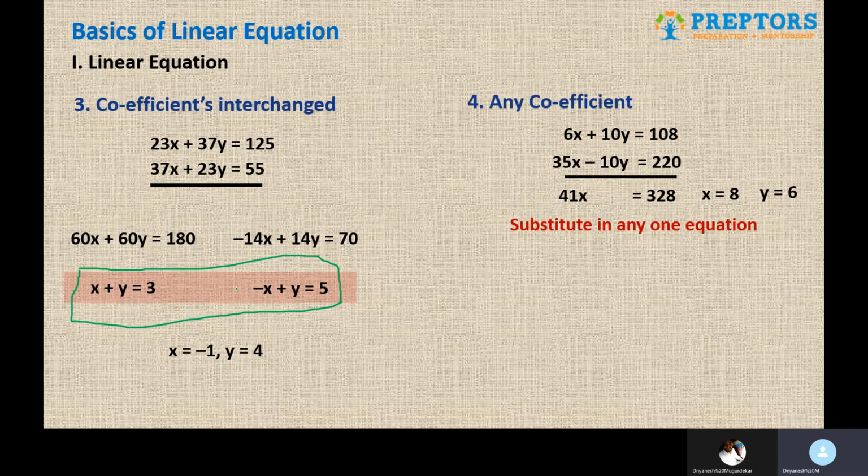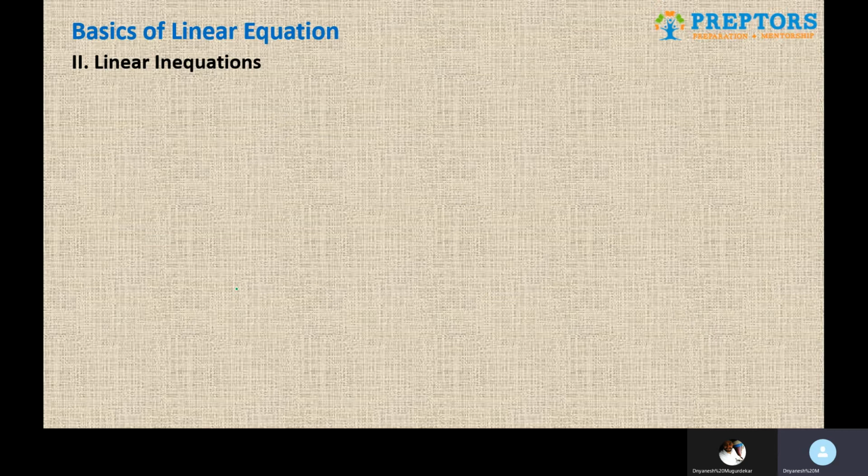So that's the first half of the topic, which is the introduction to linear equations, their basics, and all the things related to them. The second part is a broader category, which is the introduction to inequations, and here we are talking about linear inequations actually. When we do quadratic inequations and cubic inequations, all these concepts will come in handy. Whenever we talk about inequations, there are certain rules that we need to follow, and that is what we are going to see here as well.